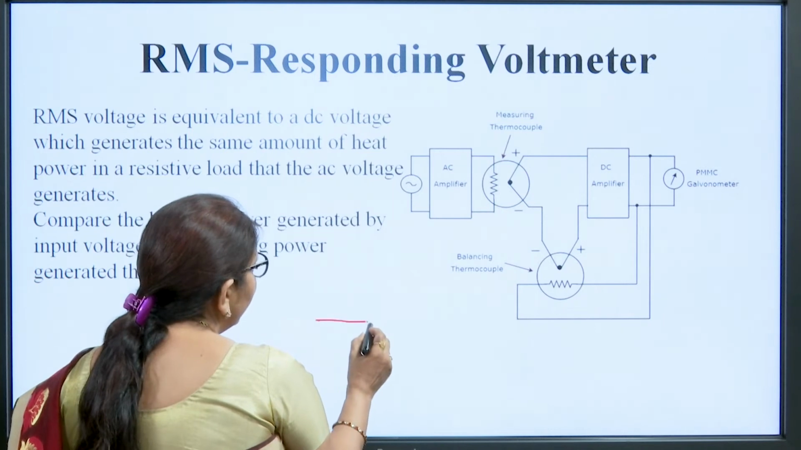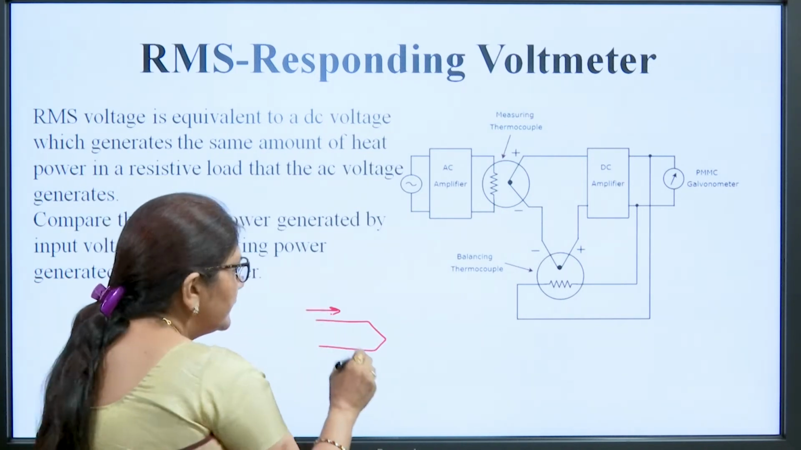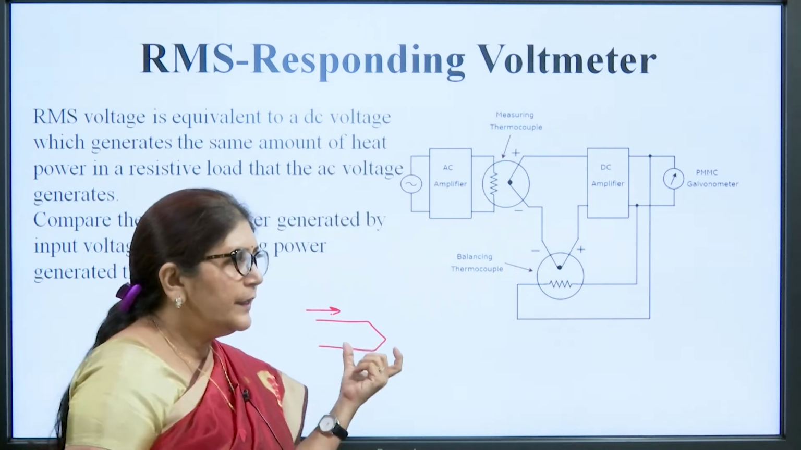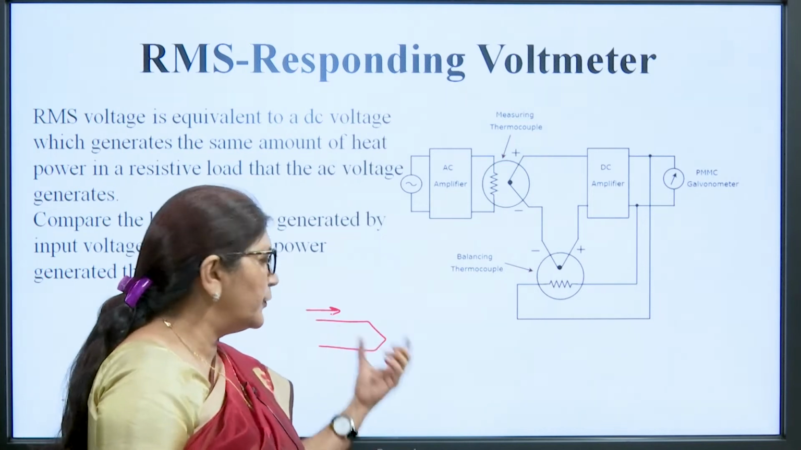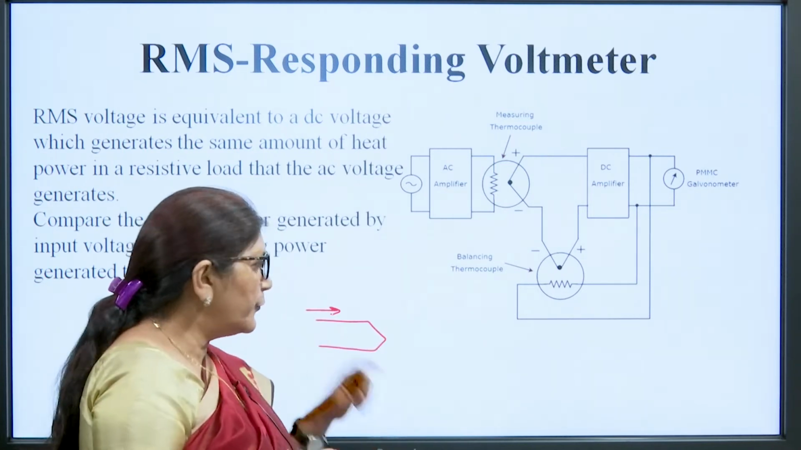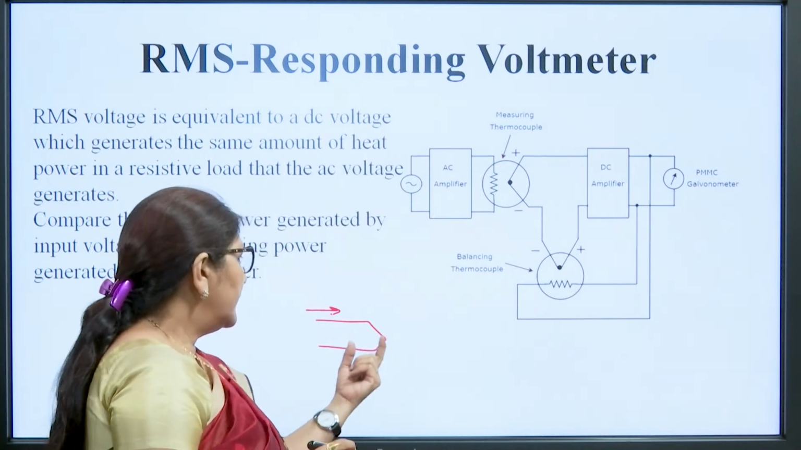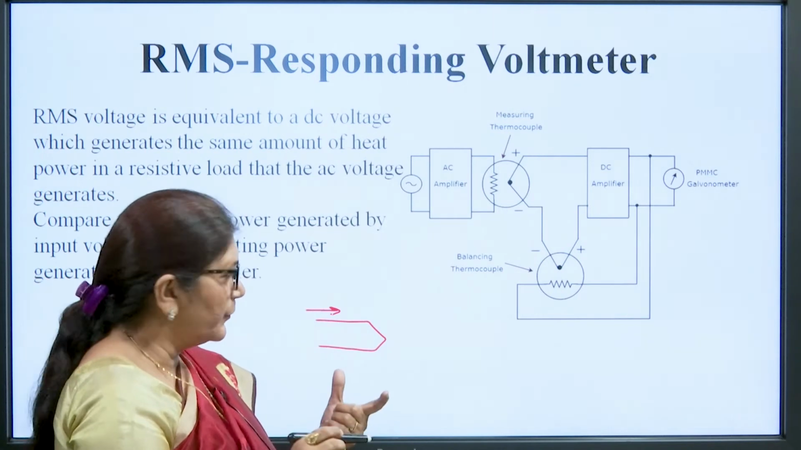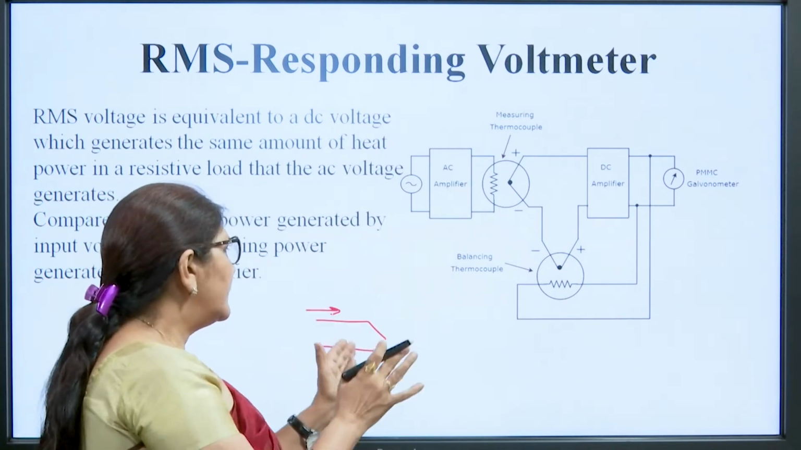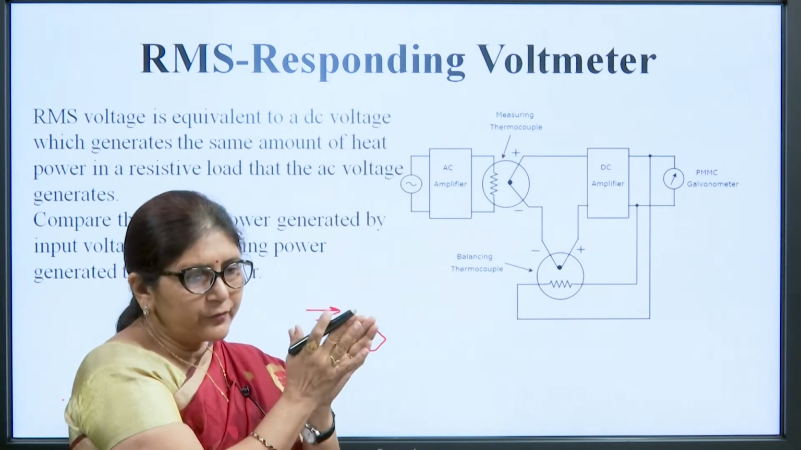We can use a heater circuit, and AC current is flowing through this heater, and then the heater will produce heat. That heat produced by the heater is proportional to the V RMS square. So this heater is getting heated up when we use a thermocouple. If we place this heater and a thermocouple in close proximity,